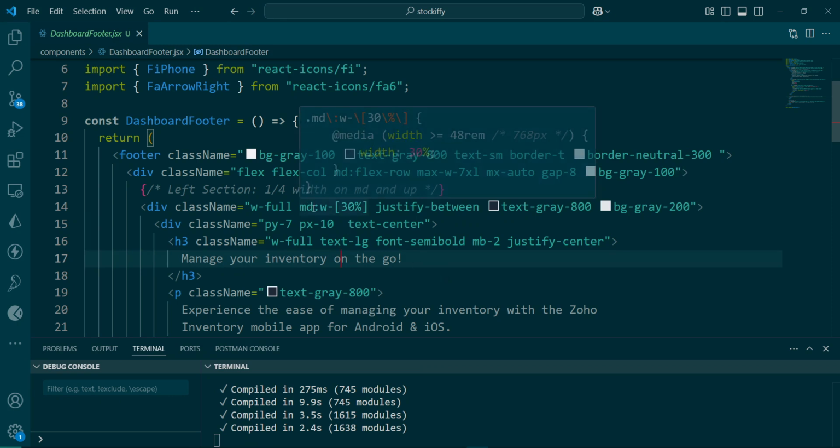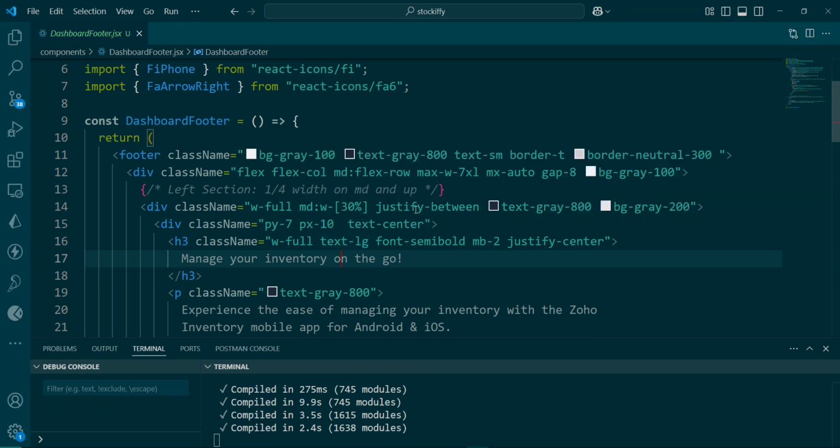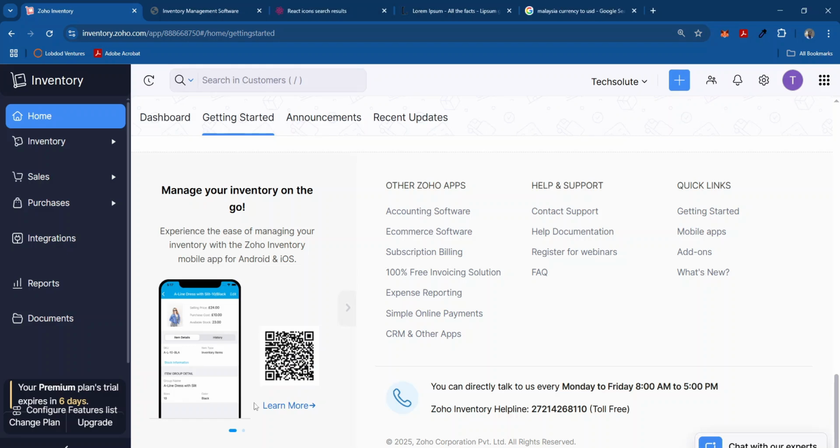Anything medium and up will be 30%. Otherwise, it's going to be full, that is when it's smaller by default. And the justify-between is such that, let me show you, is such that